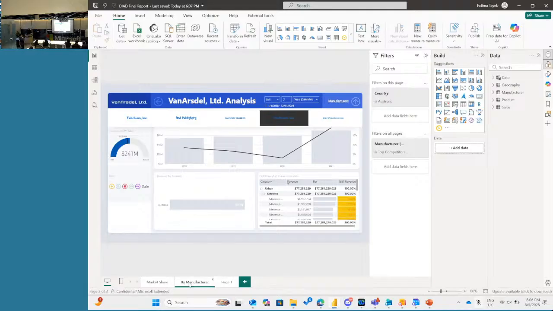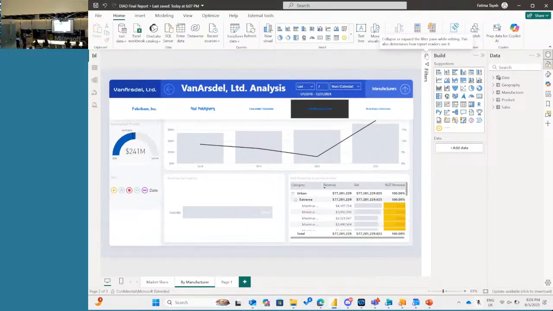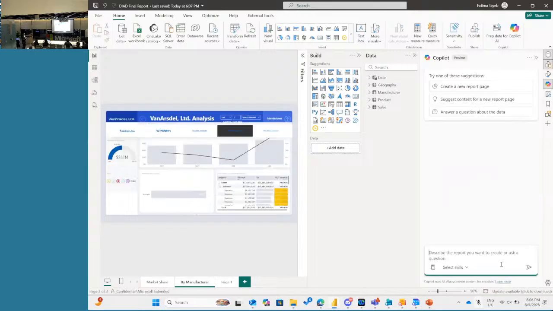Using Copilot, you can actually ask Copilot to give a prompt of the report which you create. So what Fatima was doing is, instead of adding all the visuals and creating the report, we prompted and Copilot created the report for us. Instead, you can also ask Copilot to give me the prompt for this report, and then you will have an understanding of where to customize. Copilot is really, really useful. You can save a lot of time.